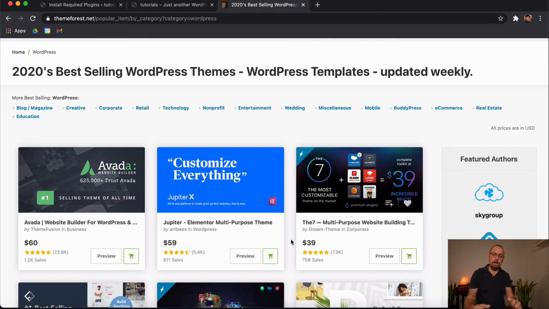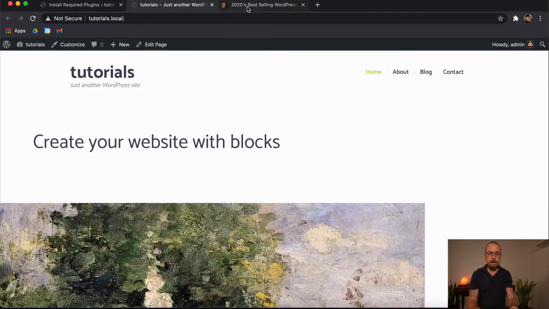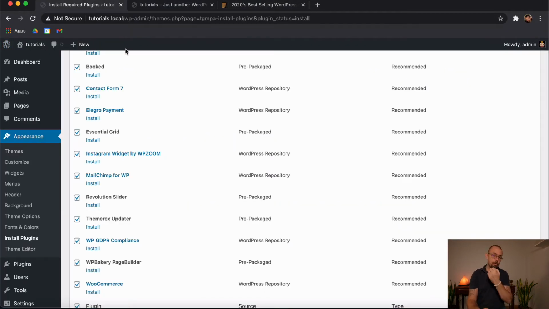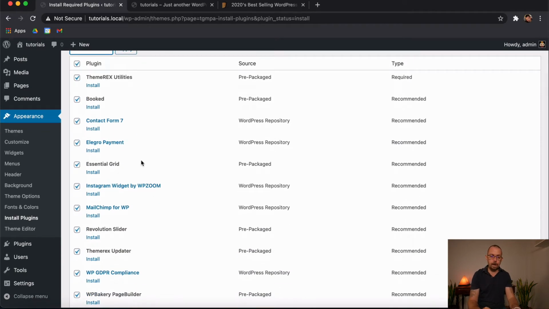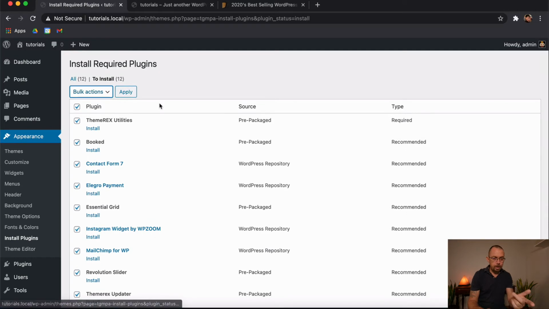But over the years, what I've learned is that themes can be more of a headache than good, and they can come so cluttered, and it can create more problems. So what I learned over the years is that we actually create our own from scratch. And that's what you're going to be doing through the next course. We're going to be creating an actual WordPress website from scratch with no skills needed, using drag and drop page builders. So that's how you install an external theme.